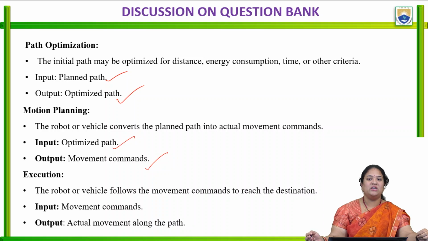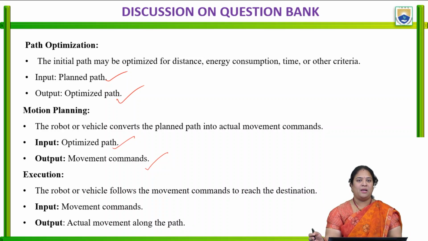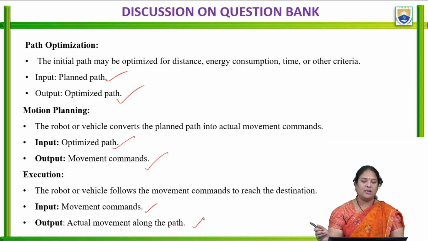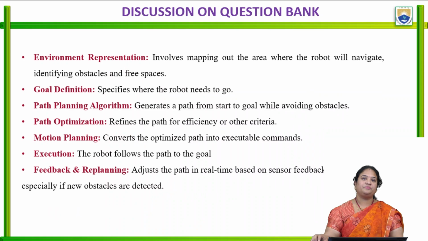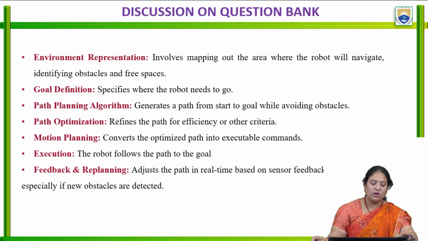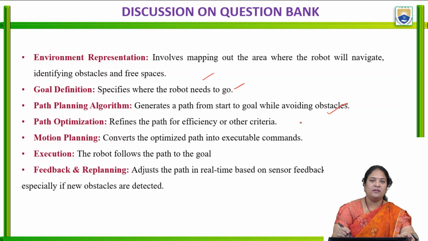Execution. How we execute that particular planning, where we have already done the path planning. How it has been executed. That is movement commands, and the actual movement along the path is the final output which we will be getting. That is, any robot or vehicle which is following the movement commands to reach the destination is known as the execution. Right? That is environmental representation, goal definition, path planning algorithm we need to write, then we need to